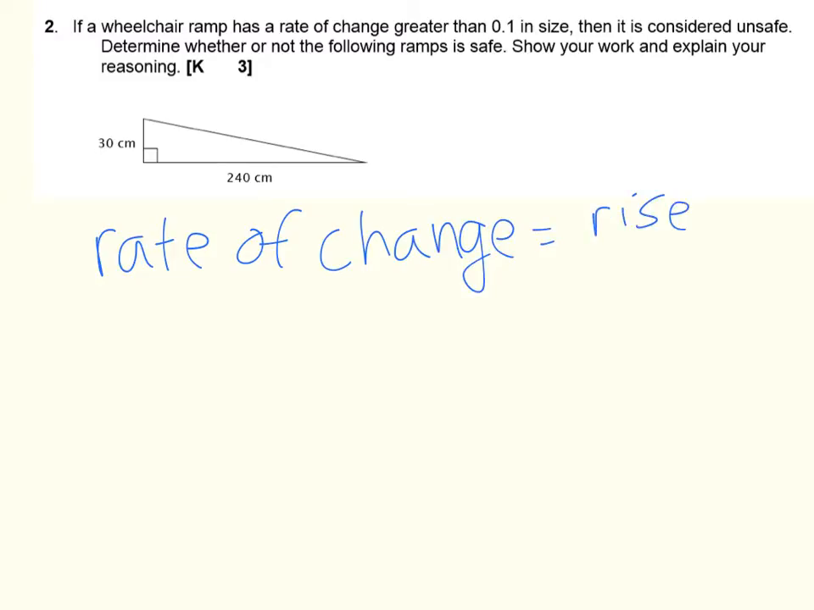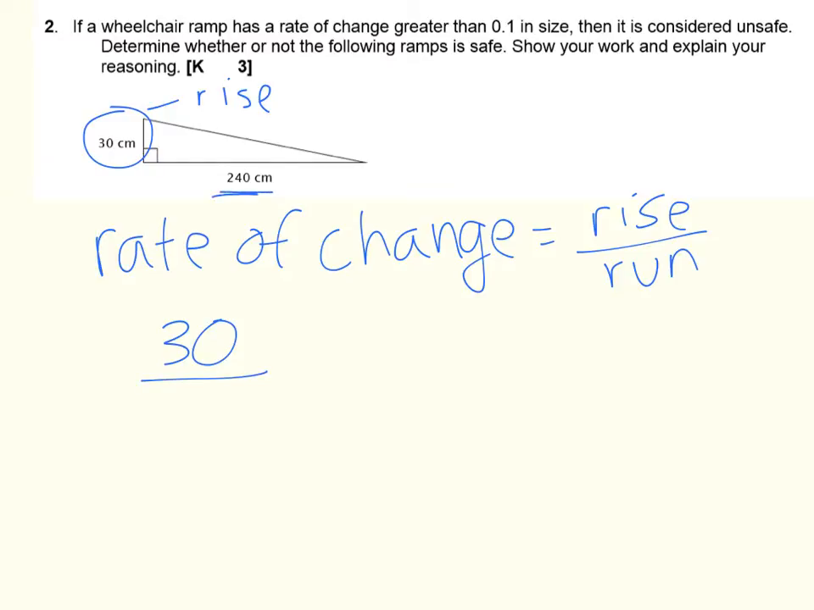Rise over run. Okay, what's my rise here? Well, my rise is 30 because that's how much the ramp goes up. So 30 over. My run here is 240 because that's how long the ramp is. So that's 240. 30 divided by 240, if I do that in my calculator, I end up with the number